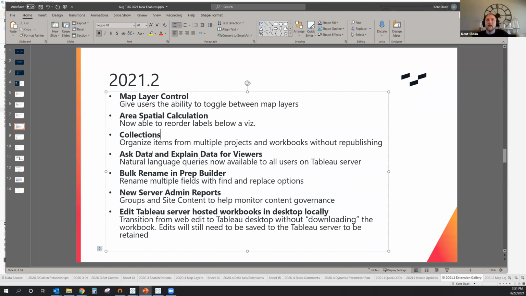Next one here is that they've made changes to Ask Data and Explain Data. So these were features that in the past were only available to those with a Creator or Explorer license. So the Ask Data option, this is natural language querying, which if you're not familiar with the term is just that you can now type in "what are sales in 2020 in the East region" as a sentence.